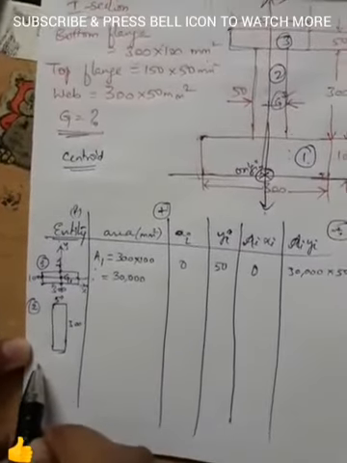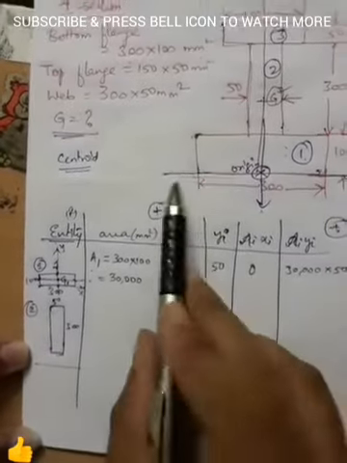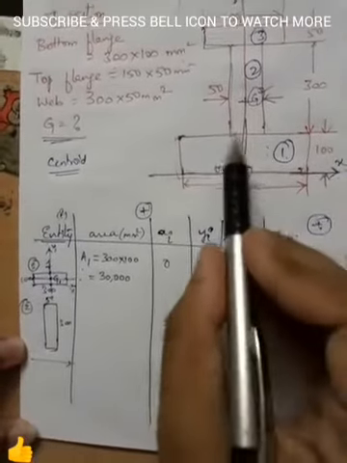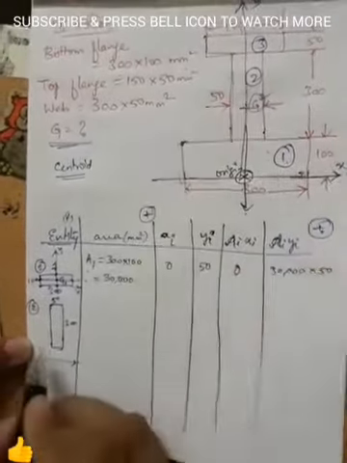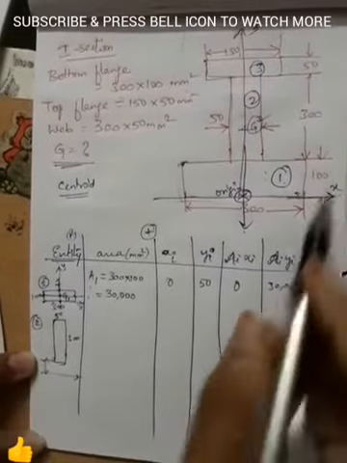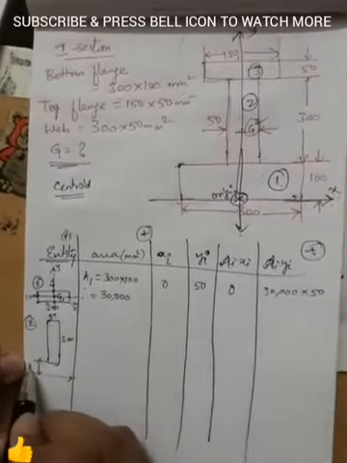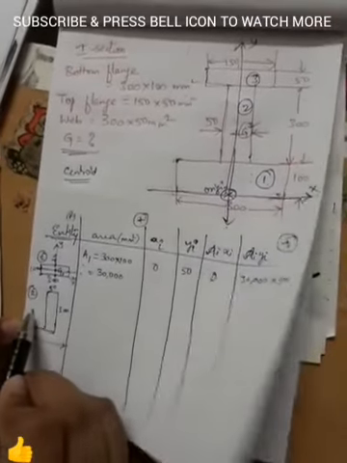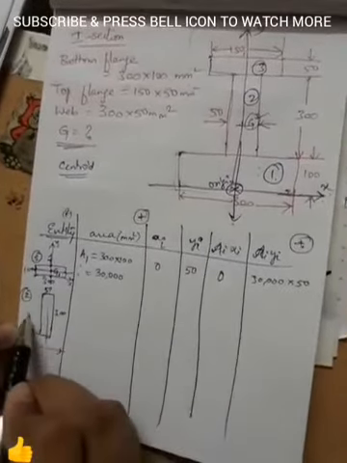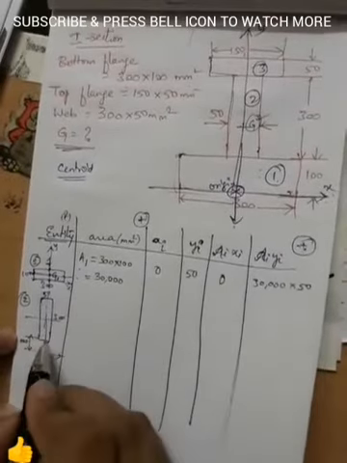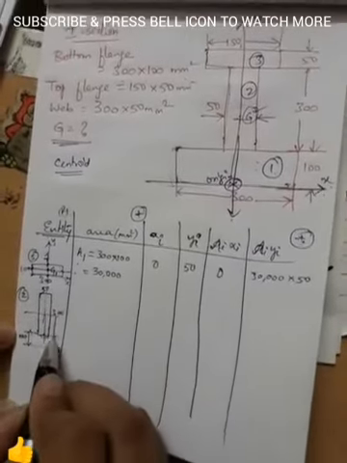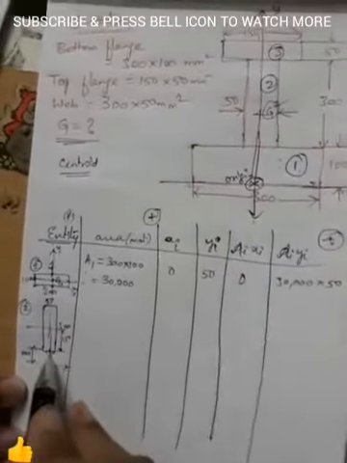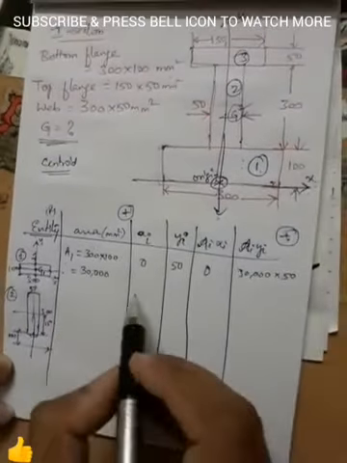Now don't get confused. The x-axis is here, somewhere here. It is not touching this line, it is touching somewhere here. What is this distance? The distance is 100. Now where will its centroid be? The centroid will be again the center point. Center point in the sense this is 150. Alright. Now where is your x2?